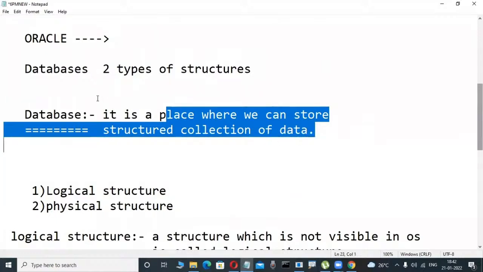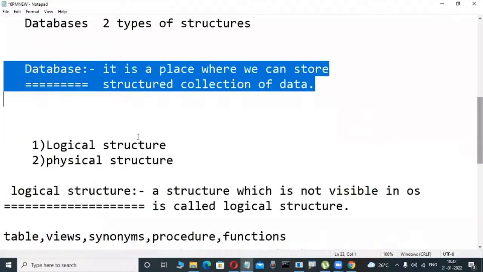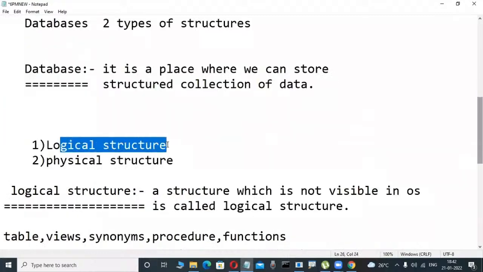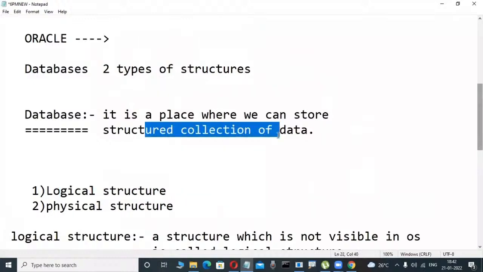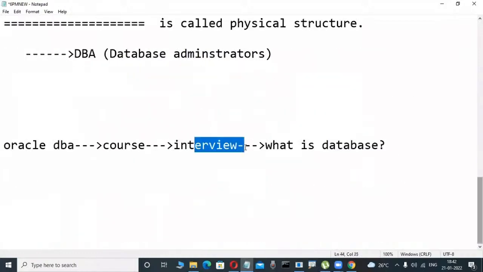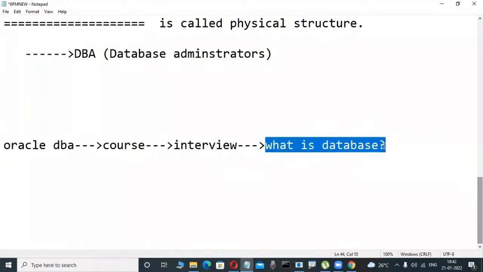Why? Because this is the developer's definition. Developers are logically good. A table is nothing but a structured collection of data. They have an idea. That's why you are also saying structured collection of data. Maybe, from their point of view, it is not a problem. They think it is an easy, logical way, understandable. But unfortunately, DBA persons have a different knowledge. That's why, when the interviewer asks what is a database,